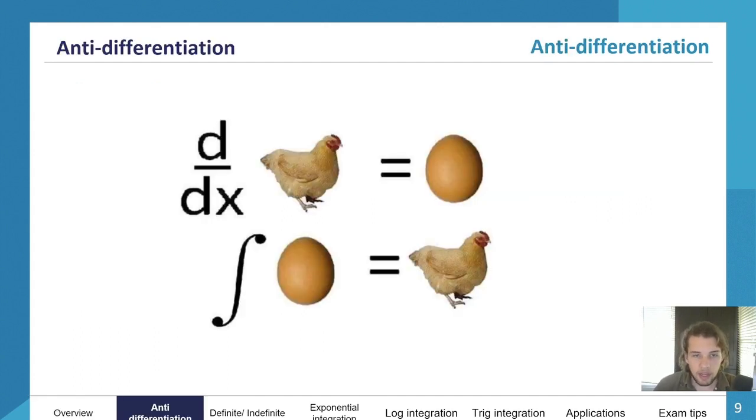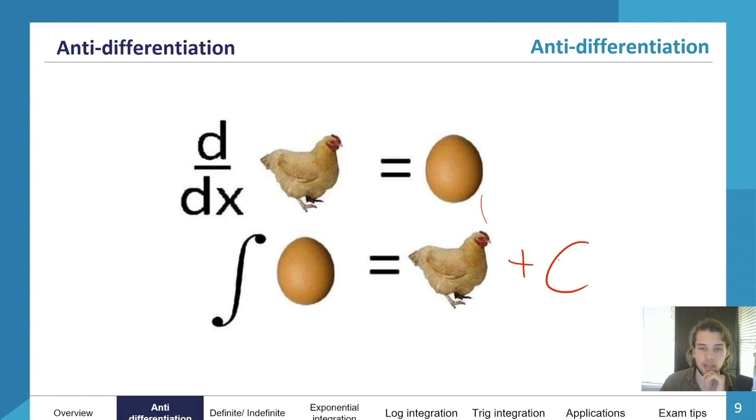Now this is a sort of visual symbolization of what differentiation is. It's saying, from the chicken, if you differentiate the chicken, there comes an egg, the change in chicken, and then if you anti-differentiate the egg, you should get back a chicken. Now that's not exactly the case, because in reality you would probably get something more like the chicken plus C, which we're going to look at soon,